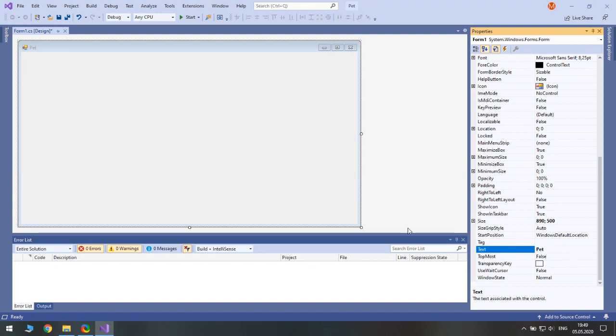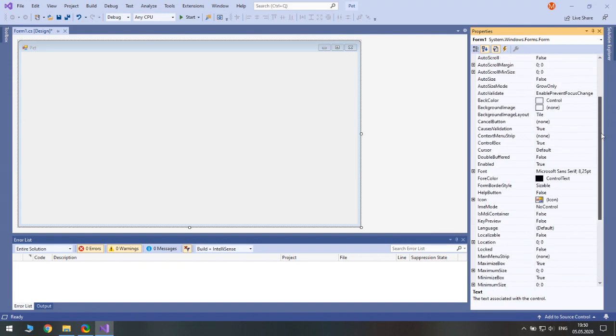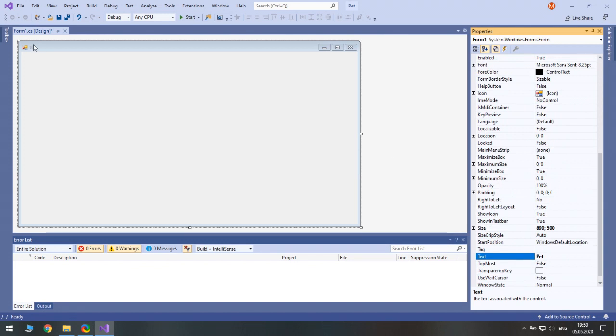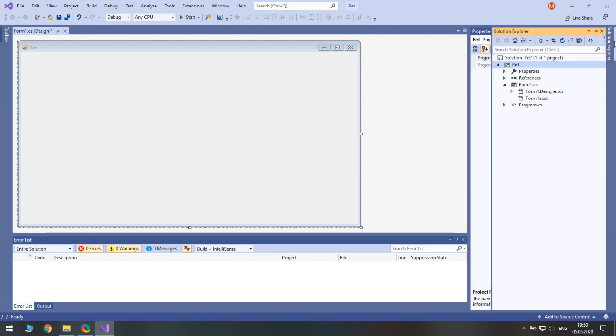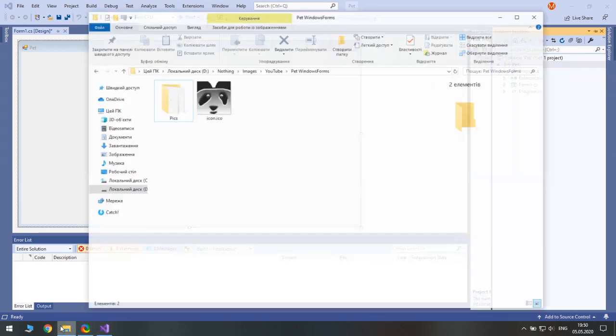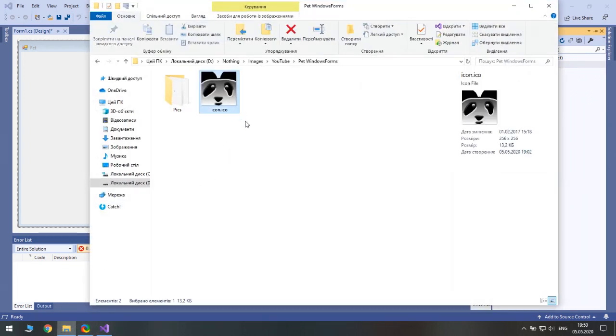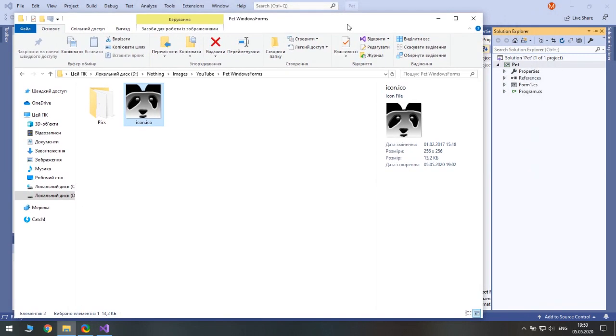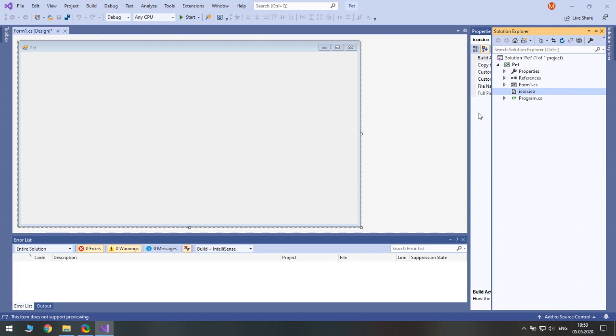Good. And oh, before we begin, let's change the icon. We will import it from here. I have it already prepared. You can make it yourself. Well, maybe, I don't know, maybe I will upload it to GitHub, so you could download it as well. So, okay, content, do not copy, that's right.